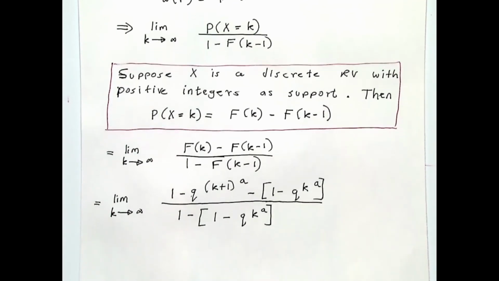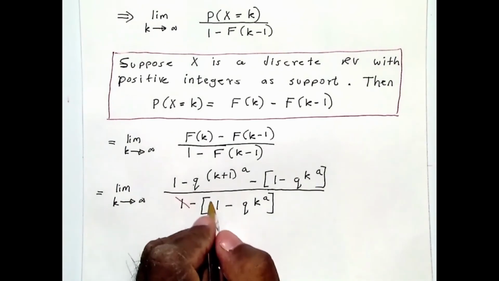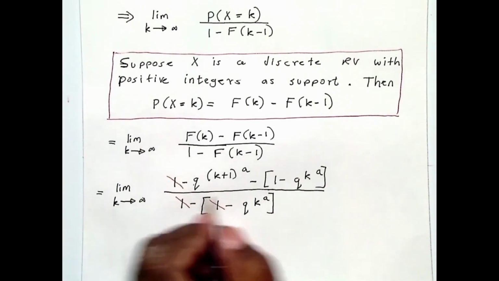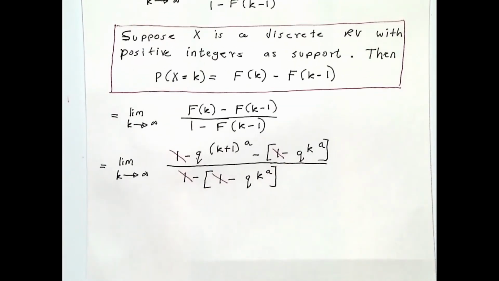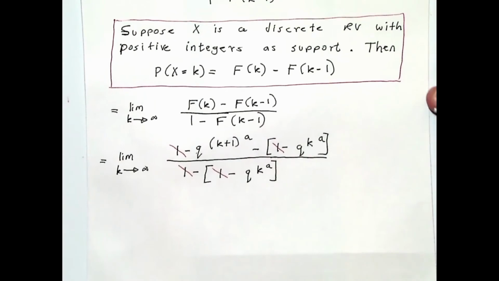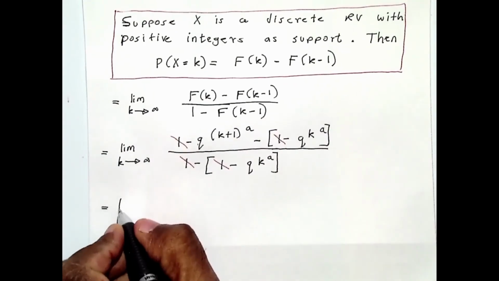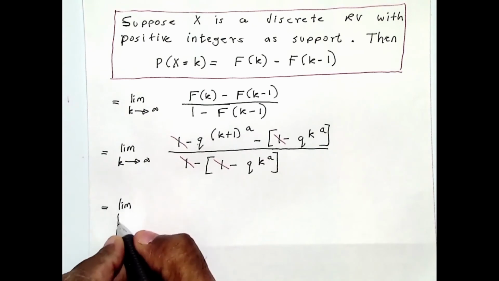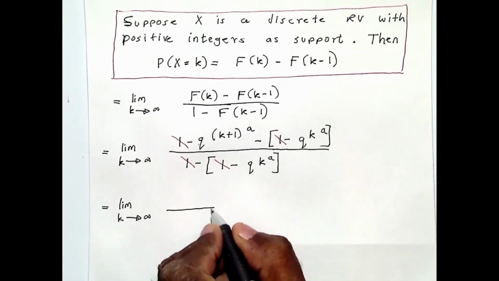Okay, this is what you get. All right, you see the 1 and this one cancel, this one and this one cancel out. All right, so you get the following. You get the limit as k goes to infinity of